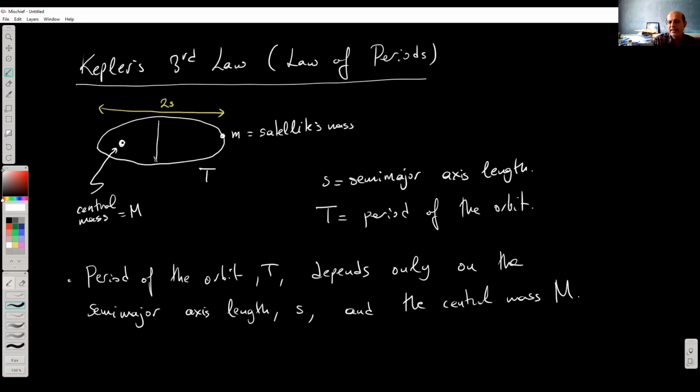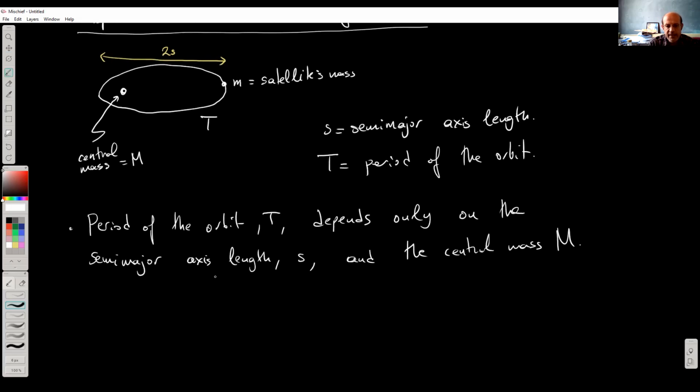So somehow the semi-minor axis length in here, or the eccentricity of the ellipse, somehow doesn't enter into the picture for some reason. So for the orbital parameters, only the semi-major axis length somehow is important. And so as a result, that's basically the second part of the statement. It basically says that T squared is proportional to S cube. Okay, that's the original statement, but I'm just going to add to this the proportionality constant